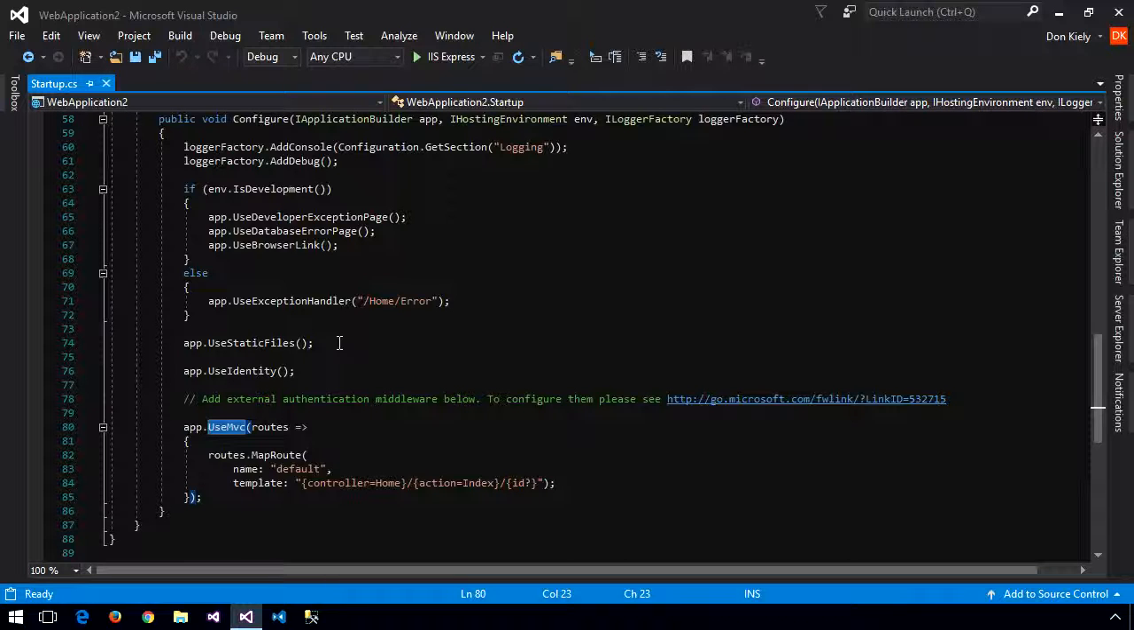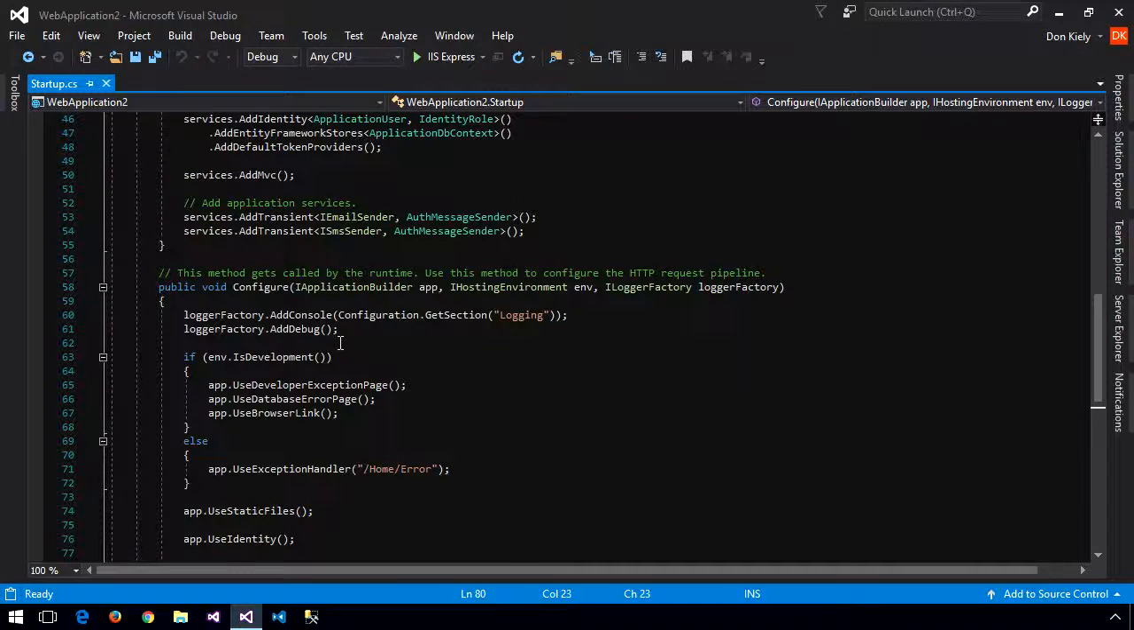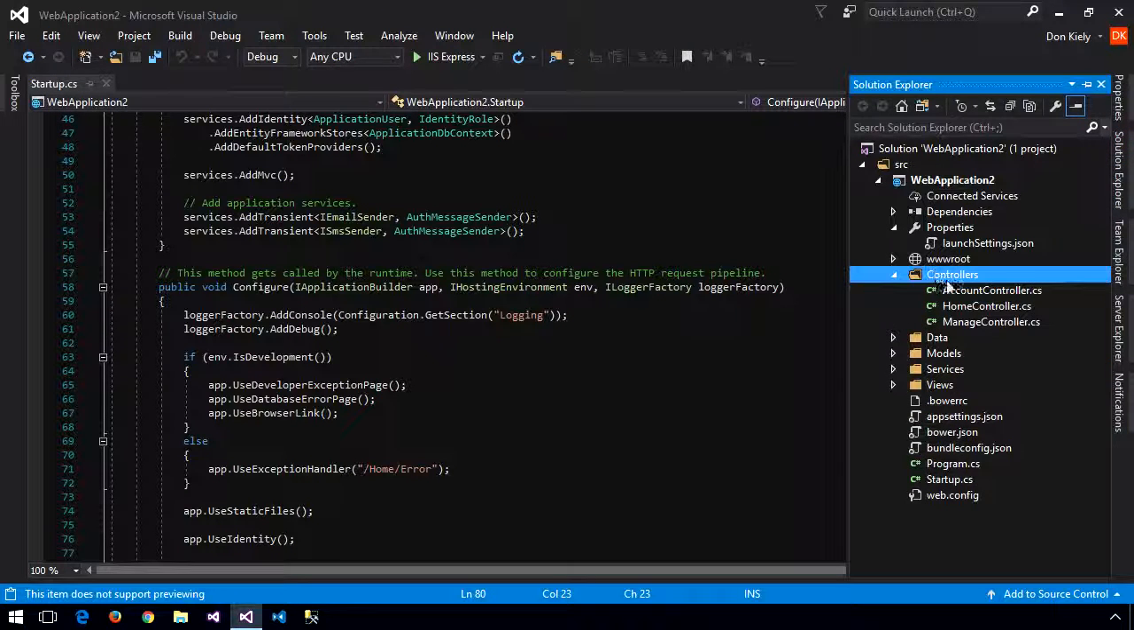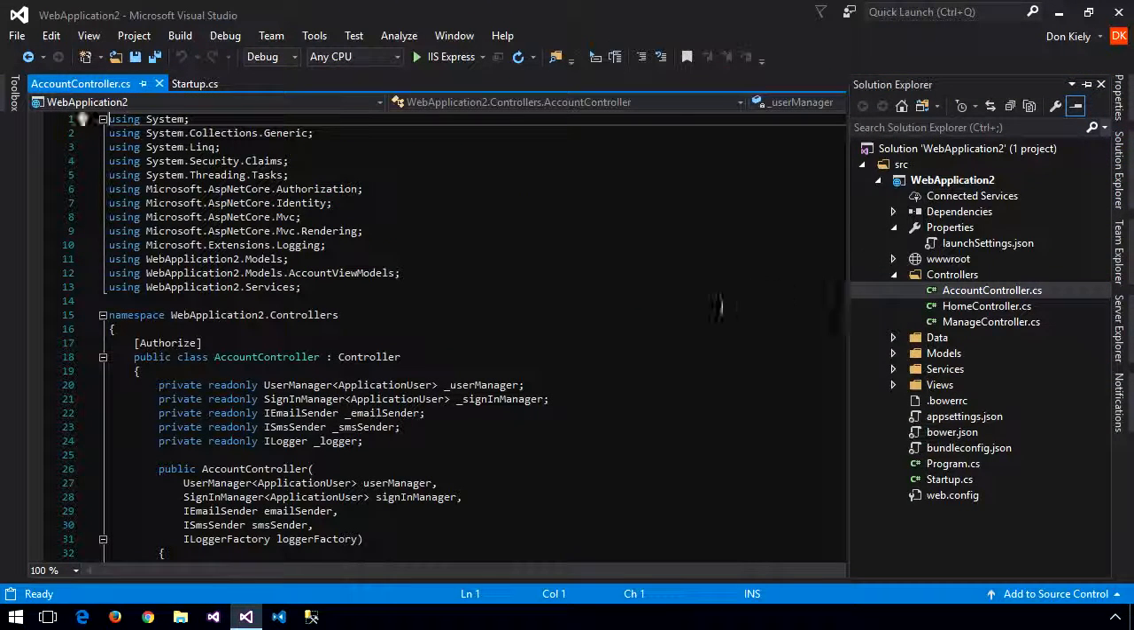Okay, and to complete everything, I just want to show you one more thing. Remember these services that I added here? Essentially what's happening is that they're wired up for use in dependency injection in other parts of the application. Well, where those are used is if I come over here to Solution Explorer, and I come up here to Controllers and Account Controller,